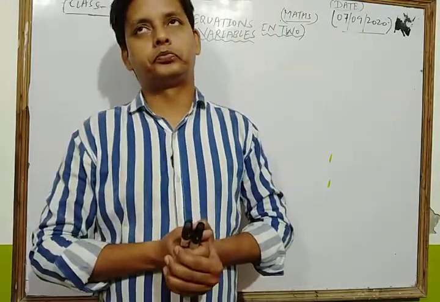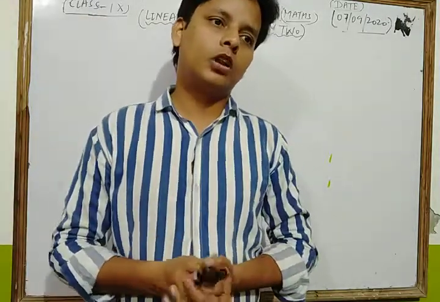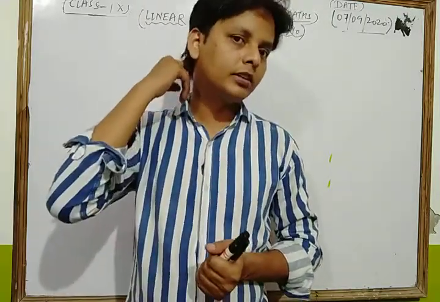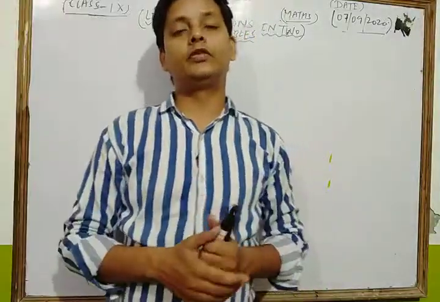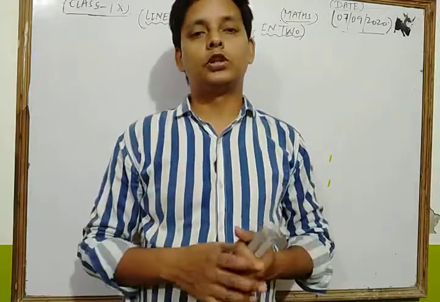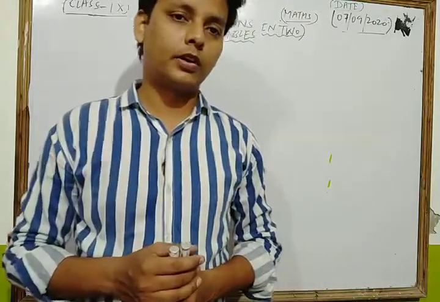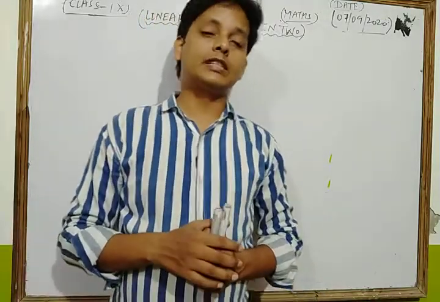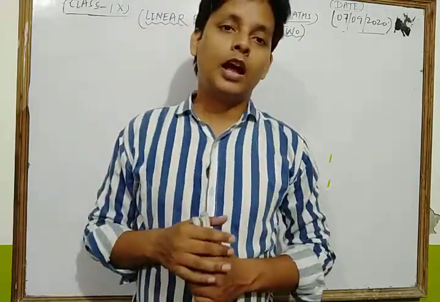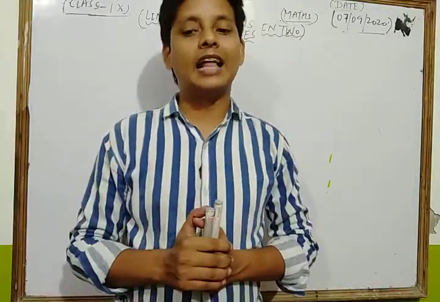Dear students, in previous classes we discussed all the topics of your algebra. We discussed polynomials first of all, and after that some important algebraic identities, like (a plus b) whole square, a cube plus b cube, and a square minus b square, and we solved many questions based on those topics. Then we discussed factorizations, which is a very important part of your syllabus. And we discussed all the questions based on factors, based on each and every algebraic identity.